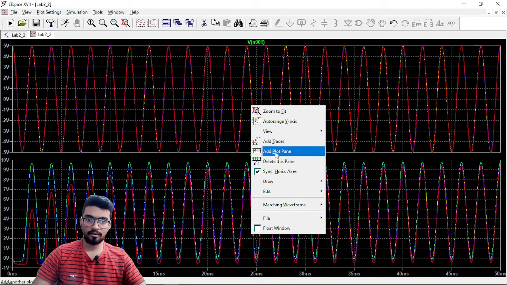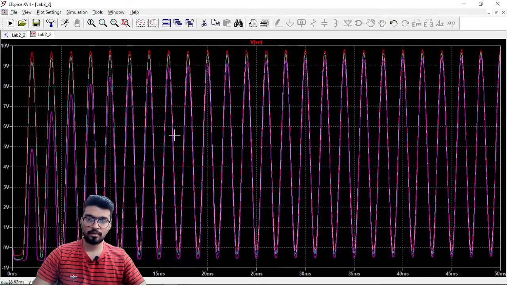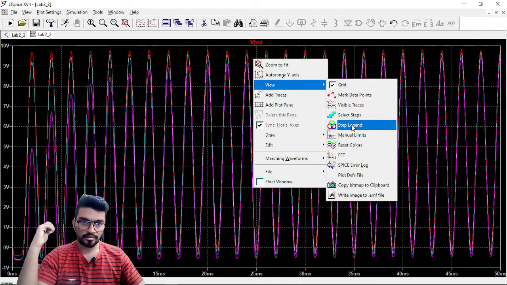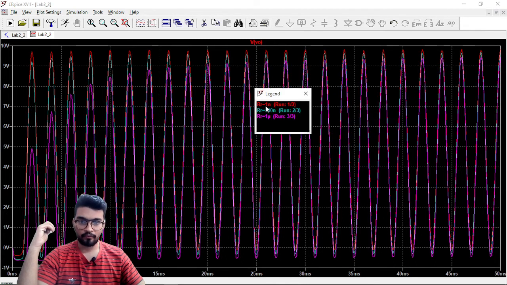Step legend: for 1 nanofarad, 100 nanofarad, and 1 microfarad, these are the different capacitance values, and we are getting this.